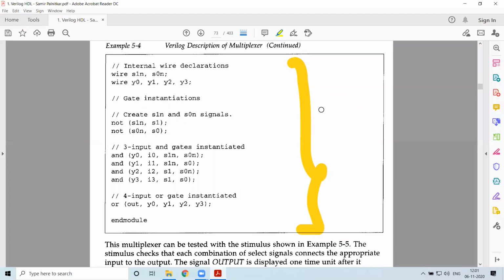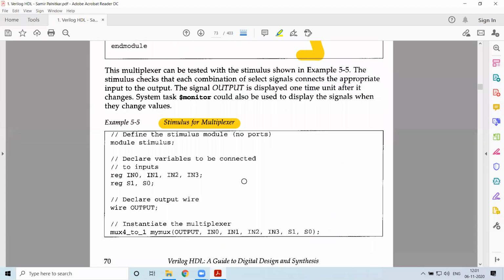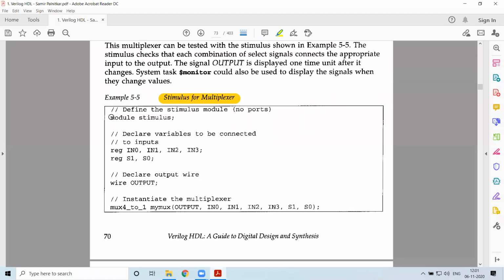In order to check the implementation, what we have done for the 4:1 mux, we have to go for the stimulus block. So in this one, we define module stimulus. There is no parameter list or terminal list for this one. Now we define the parameters of register data type as in0, in1, in2, and in3.